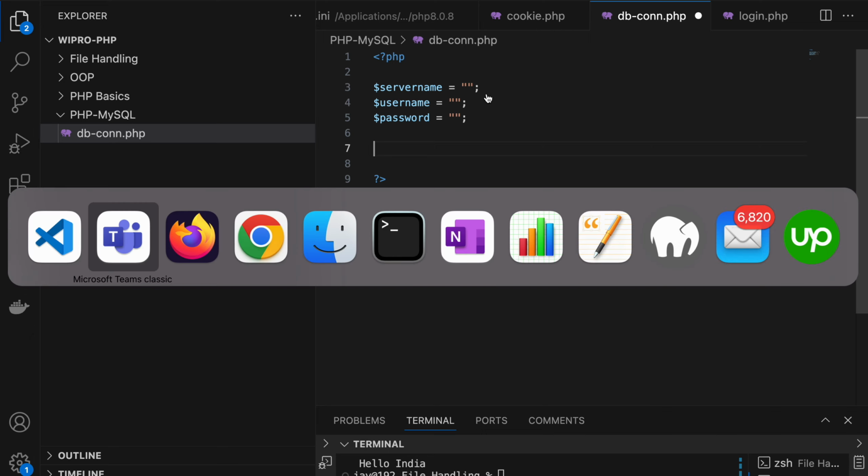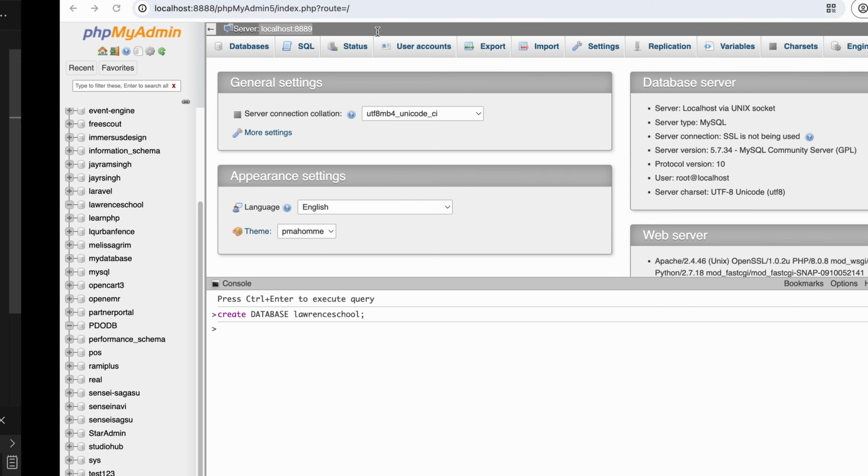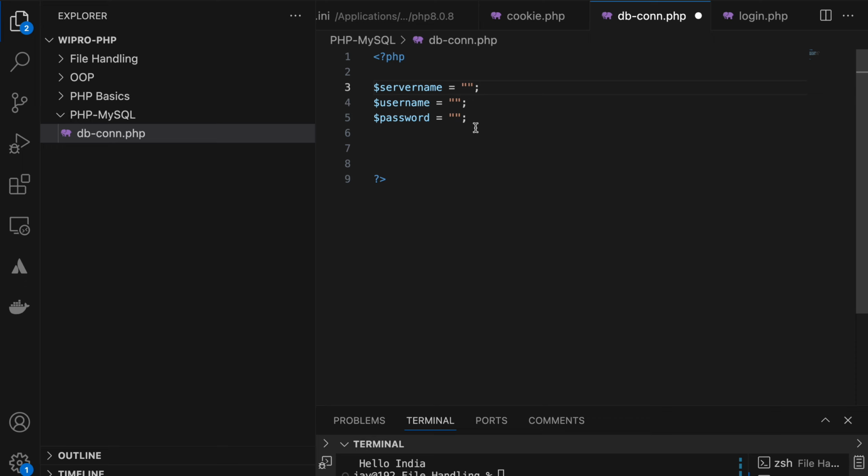So if you see my server, this is my server. What is the server? My server is on which port? Localhost 889. So this is my server. Either you can write localhost, then what is the port of my local server? 889.